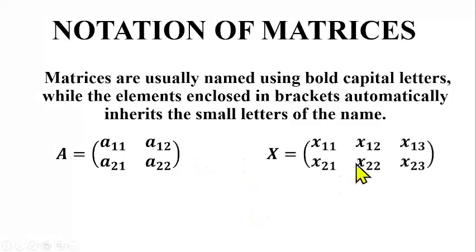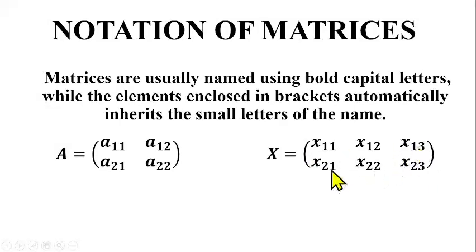Let's see another example. Look at this matrix as well. We have matrix X, so the name of this matrix is capital letter X. Technically all the elements inside the matrix will inherit a small letter x. But how do we differentiate between the elements in them? We have X11, X12, X13, X21, X22, X23, saying that this element is in the first row, first column. This element is in the first row, second column. This element is in the first row, third column,